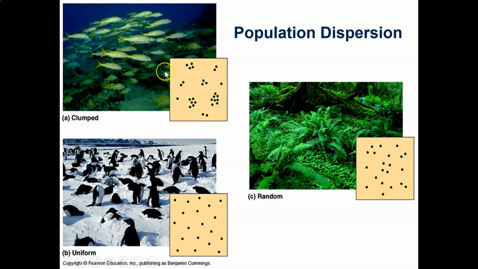So we often see clumped in things like schools of fish. The uniform patterns happen to happen a lot, or at least a lot of the examples I've come across happen to be in bird species. They defend a certain point of their territory for their nesting behaviors. And then random, something like plants. Well, your seed lands wherever it lands, and hopefully there's enough resources and not enough competition to outcompete you that your seed germinates, it grows, and